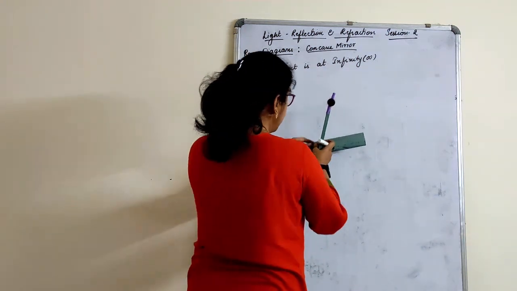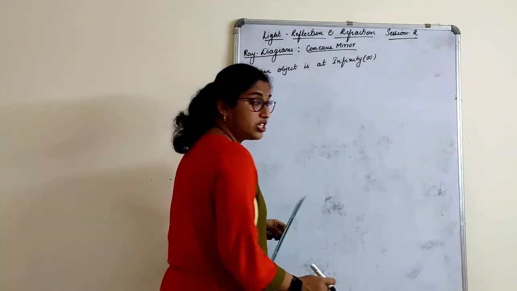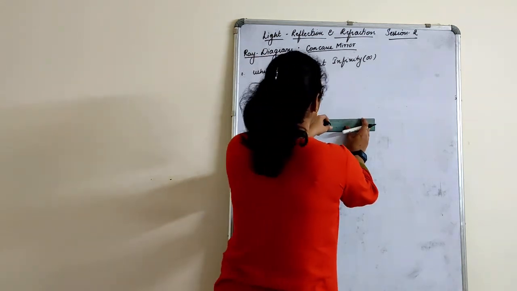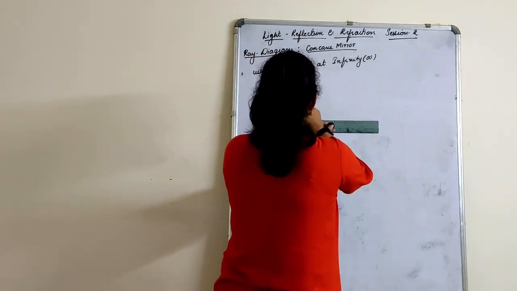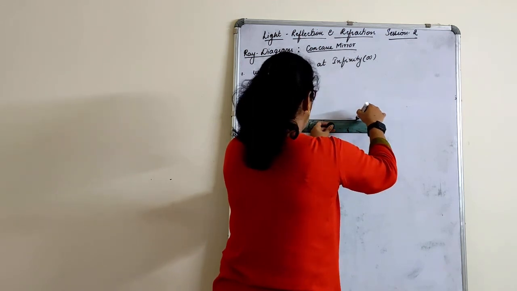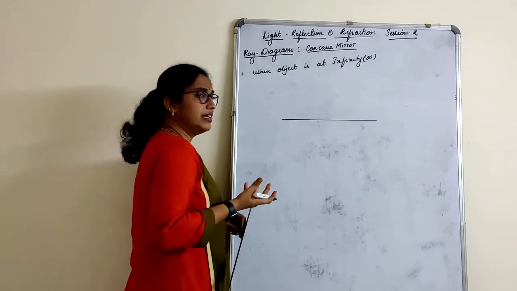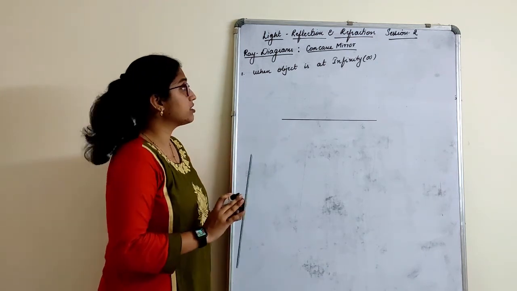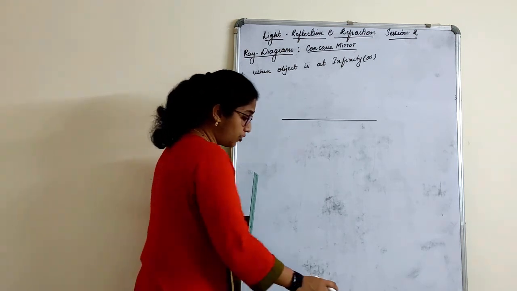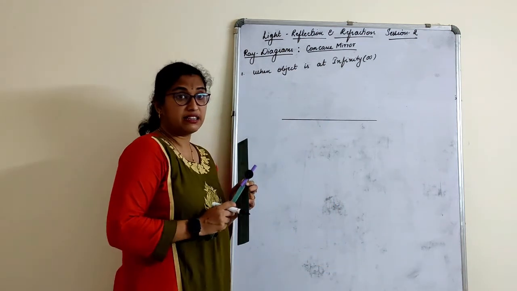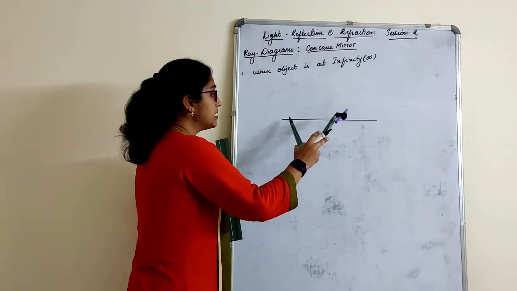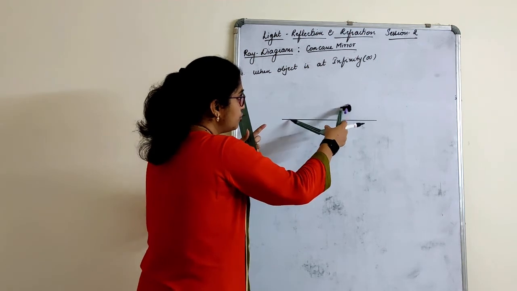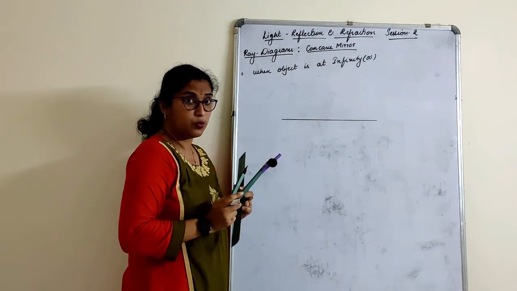Usually draw a straight line, and children, please use sharpened pencils. Ray diagrams are not done with the pen. So draw a line segment of appropriate measurement. Now don't ask me how big or how small to draw, you will come to know appropriately. Before marking anything, it's a concave mirror, right? No freehand drawing. You can take the protractor or the compass, keep it at an appropriate radius, and draw the mirror using this.